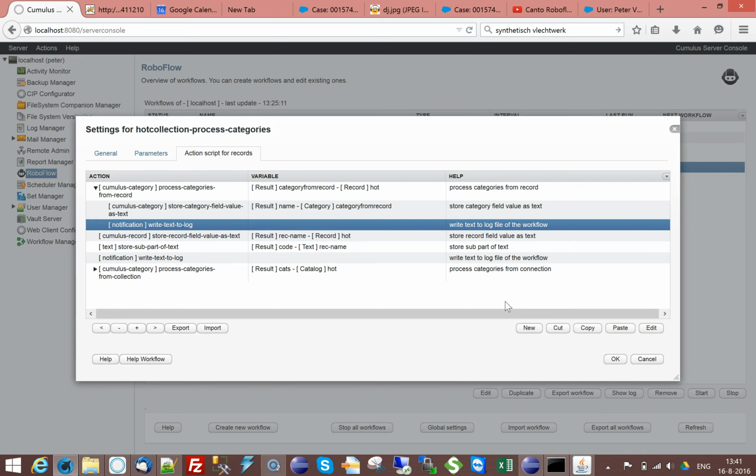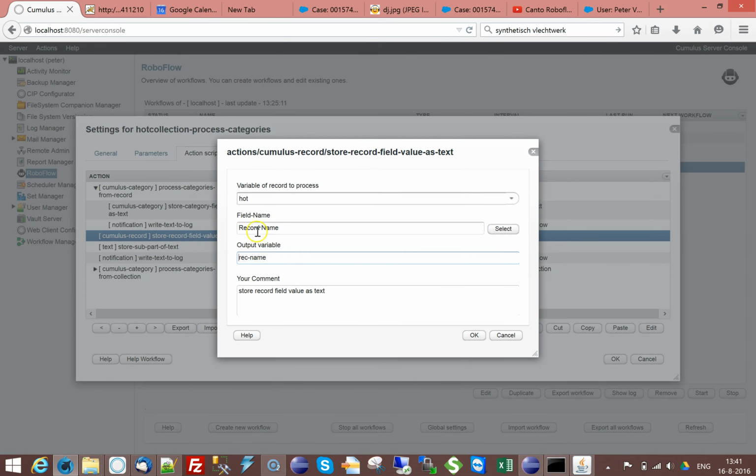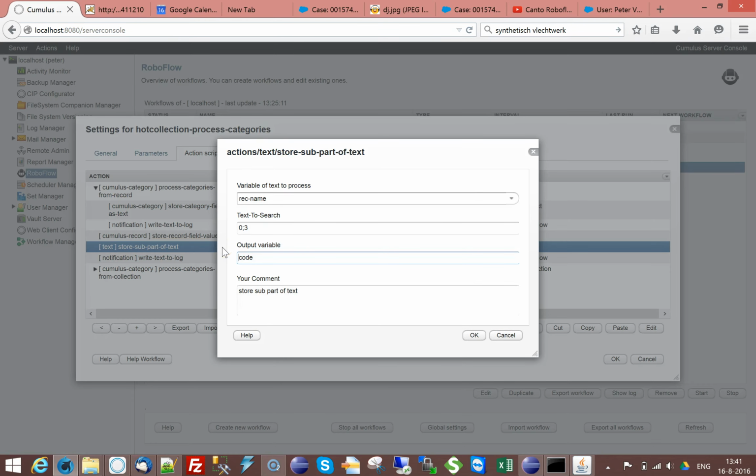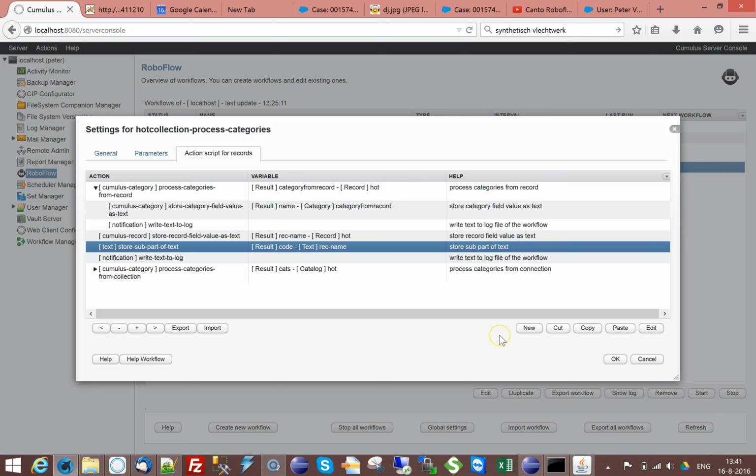Another way to get into categories is that you would search for them. Imagine that your file name, for instance, has a prefix which identifies the category that you want to assign. It's just an example. So what I could do is I could pick up the asset name, or the record name in this case, from the record. And then I would say, let's take the first three characters,